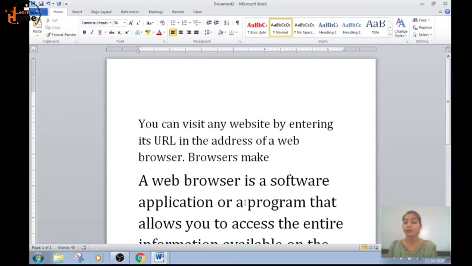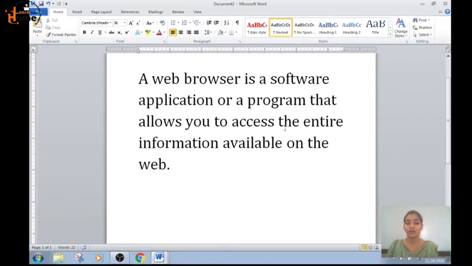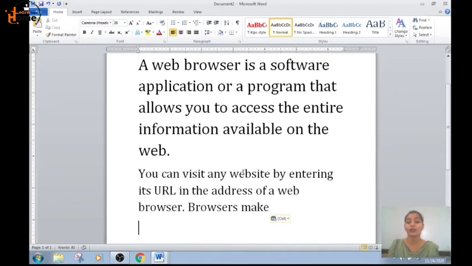There is one more way to cut and paste the text: shortcut keys. Like, you want to cut this text. How will you cut this text? In the shortcut method, you simply press Ctrl plus X, Ctrl and X together. It's cut. Now you want to paste it here, so I will press Ctrl V. Ctrl V is the shortcut for pasting and Ctrl X is the shortcut for cutting. If you want to cut the text, select the text and press Ctrl X. If you want to paste the text, press Ctrl V. It will be pasted to a new location.